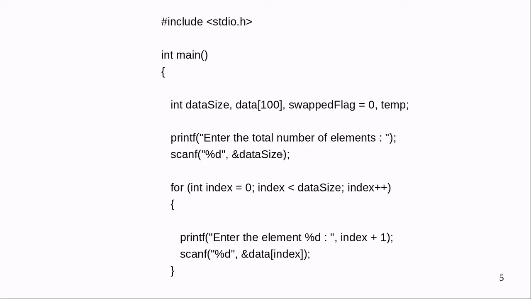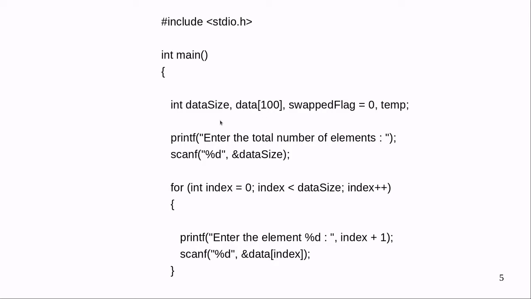Whatever is entered here gets stored in the variable data size. Then, based on data size, we store all the data in a variable named data, and we are expecting at the most 100 numbers, so that's why we have given a size of 100. It could be lesser.